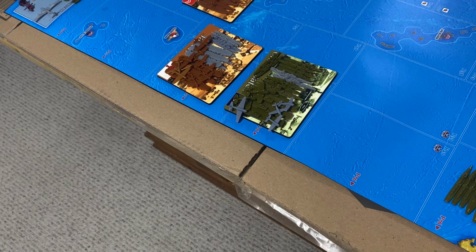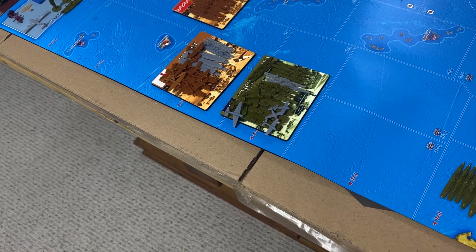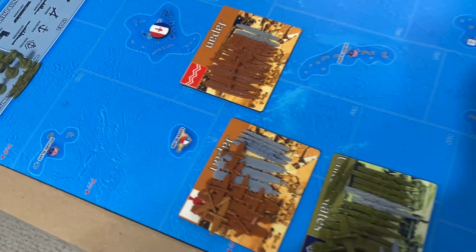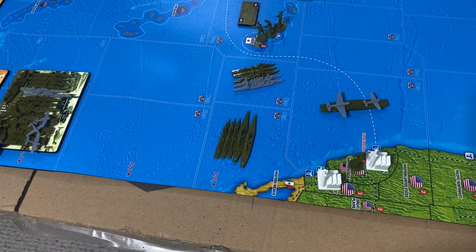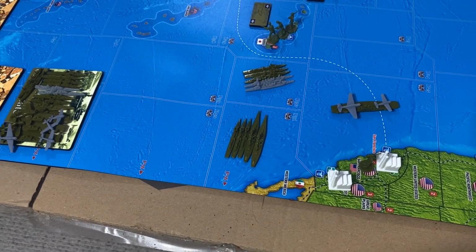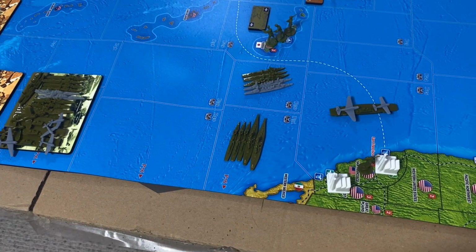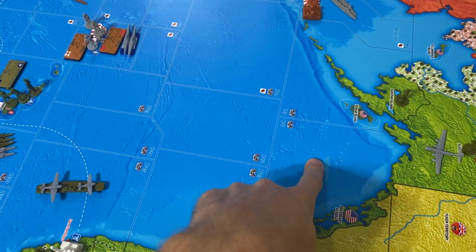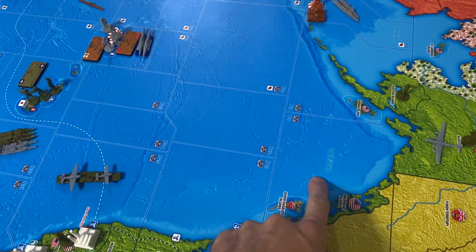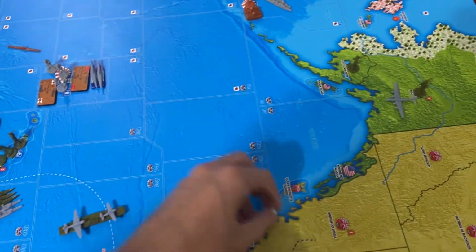They got 4 battleships, 3 fleet carriers, 3 light carriers. And they got more reinforcements on the way. It's just crazy. I mean, as much as I hate to do it, I want to block these guys off. 1, 2, 3. Because I don't want them